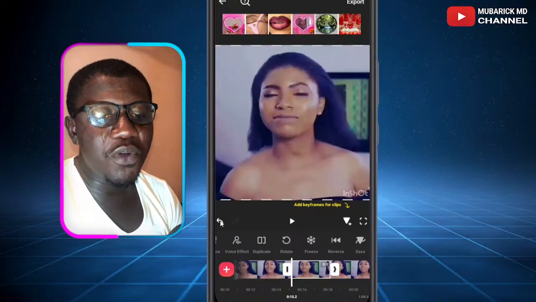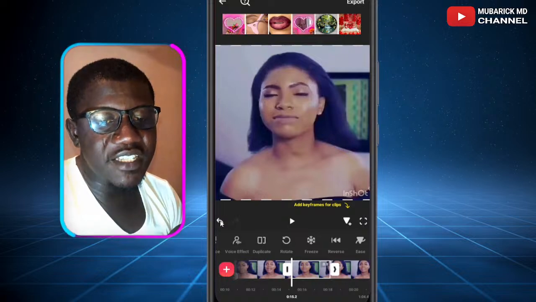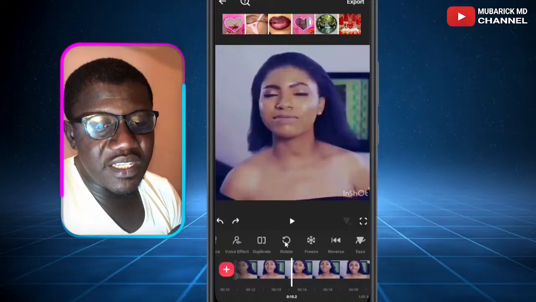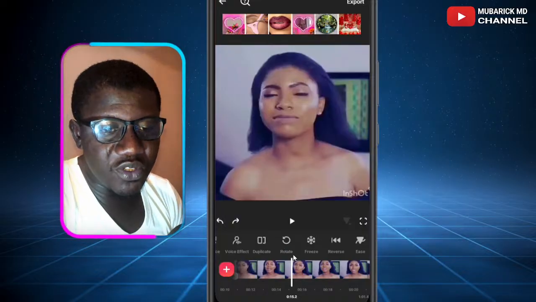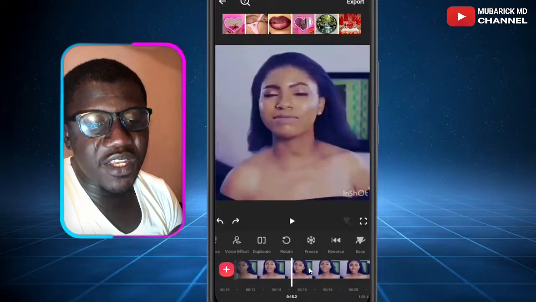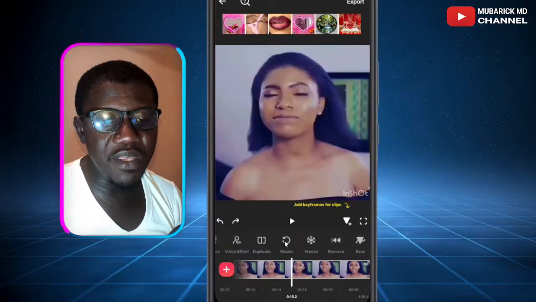And it's also important to capture areas of the video just by tapping here. And after you finish everything, you can also use the rotate icon to rotate the clip. So let's say after you select the area of the clip that you want, you can rotate the clip